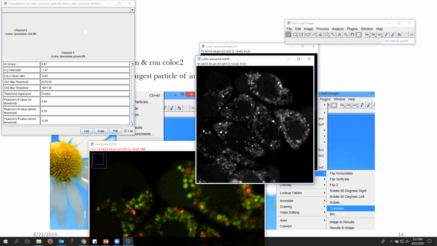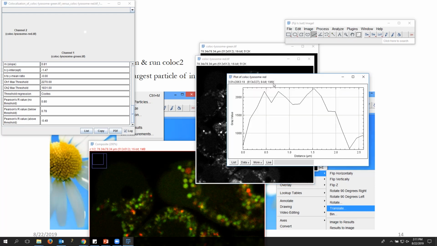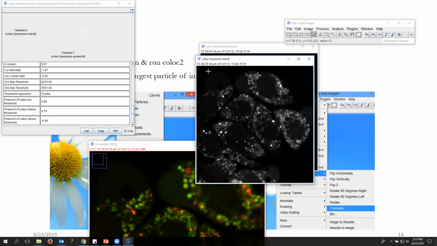So right now, if I draw the region of interest here like this, it tells me that it is roughly, how long? It's about 2.5 microns, which converts to I would say 15 pixels or so. So that's the largest size of the object here. So if there is any false colocalization, we'll see whether we can eliminate that.